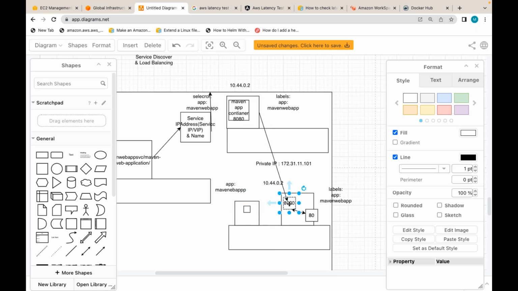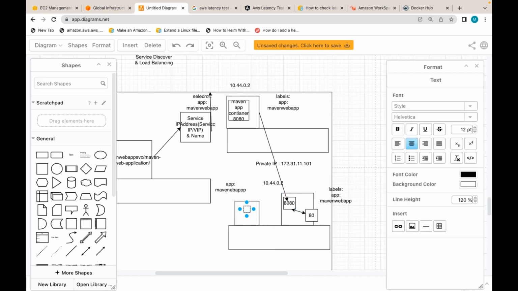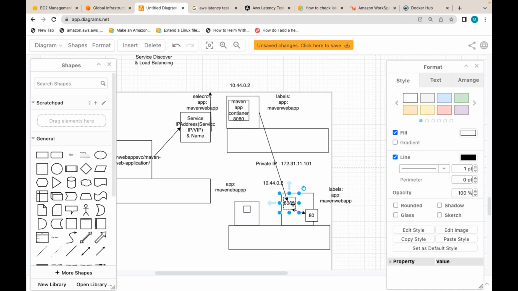This one has to reach this one. If I use localhost, do you think it will work? No. We can use pod IPs, but is it recommended to use pod IPs, as we already discussed yesterday? No.